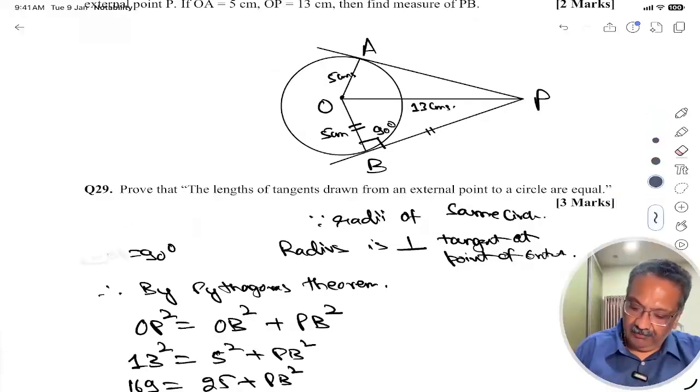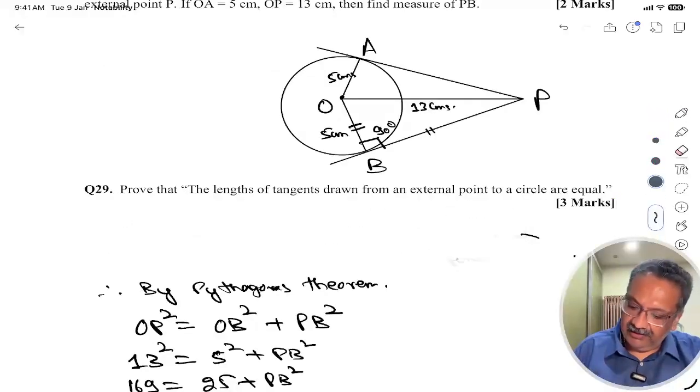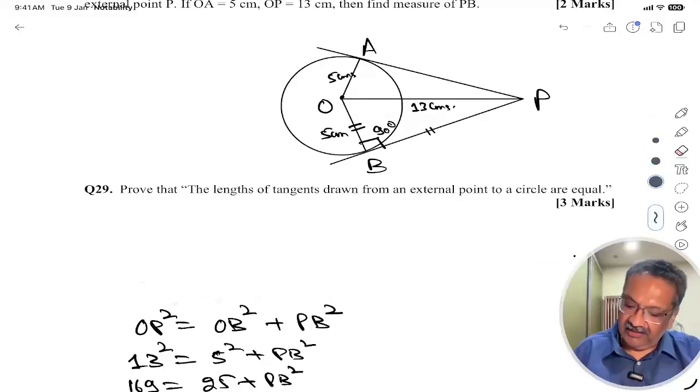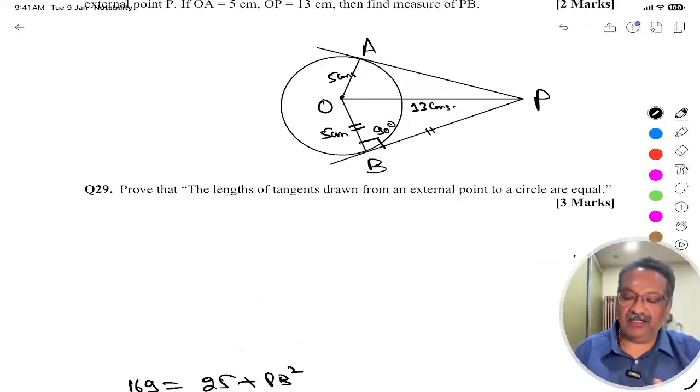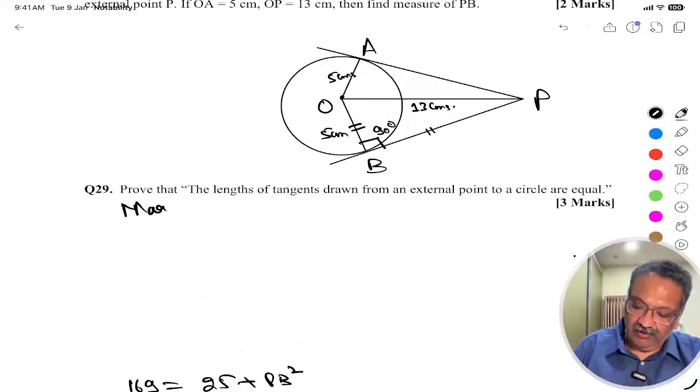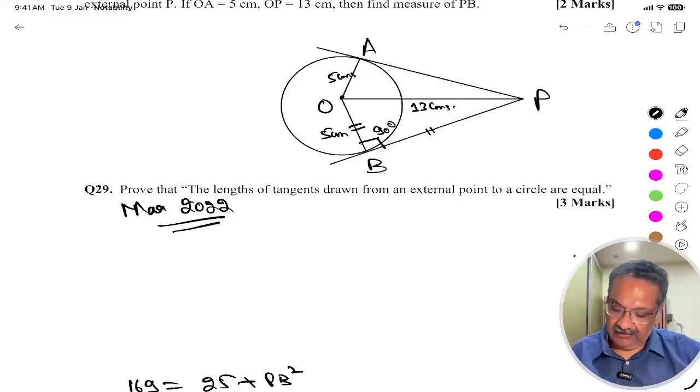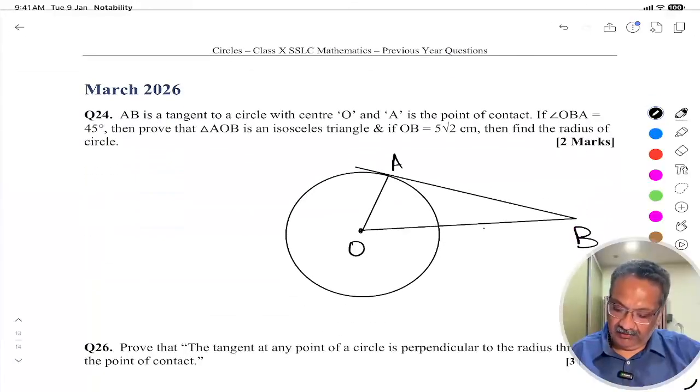Now, next, the same question number 29 is again repeated. Lengths of tangents drawn from an external point to a circle are equal. So, you can refer to the above solution in March 2022. Alright. Okay. Now, let's come to